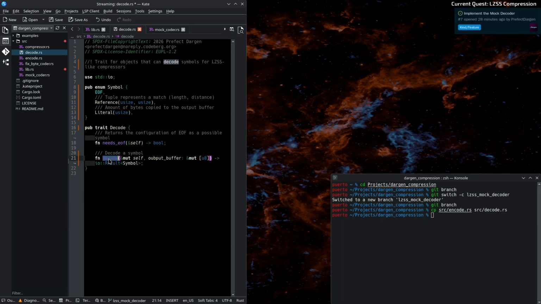I'm going to rename it because I actually like the name that we provided in the last era better: next symbol. So it's the decode next symbol. When we call next symbol, the decompressor receives a symbol saying EOF, so stop asking me for more data. Reference, so copy this amount that you have in your output buffer, this and that. Or literal, which is, okay, I just copied into your output buffer